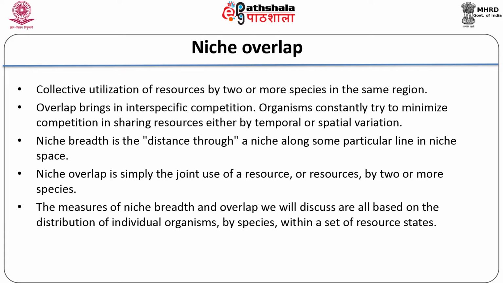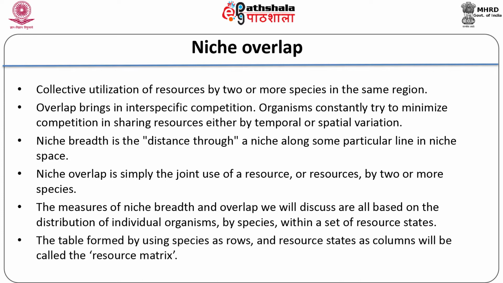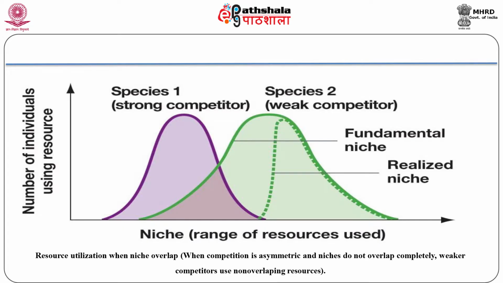The measures of niche width and overlap are based on the distribution of individual organisms by species within a set of resource states. The table formed by using species as rows and resource states as columns will be called the resource matrix. In this slide, the resource utilization when a niche overlaps is shown. When competition is asymmetric and niches do not overlap completely, weaker competitors use non-overlapping resources, as we can see in